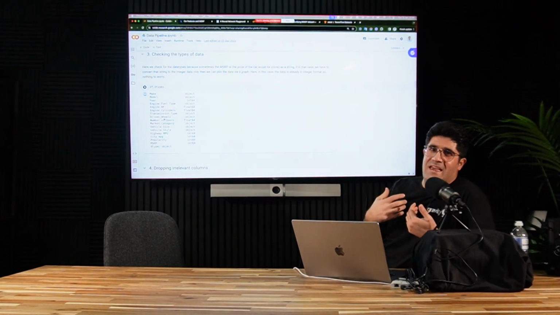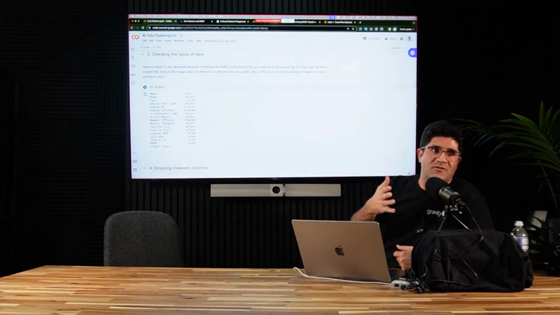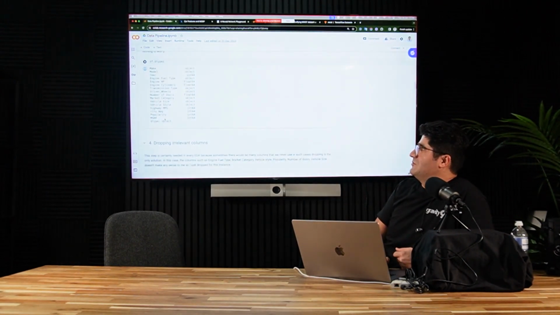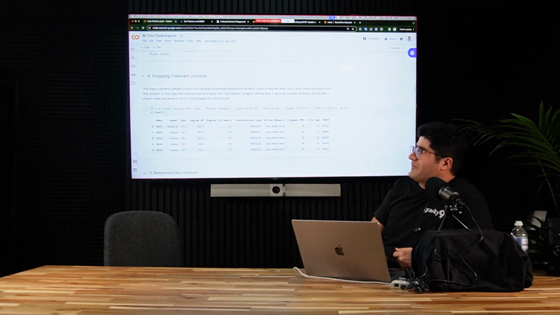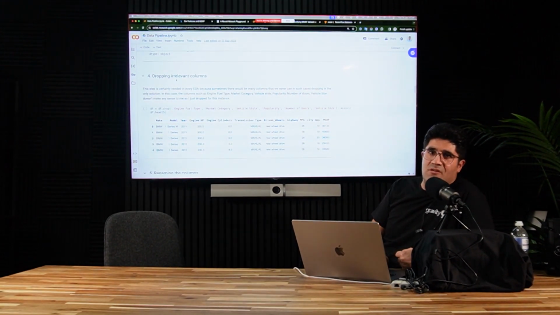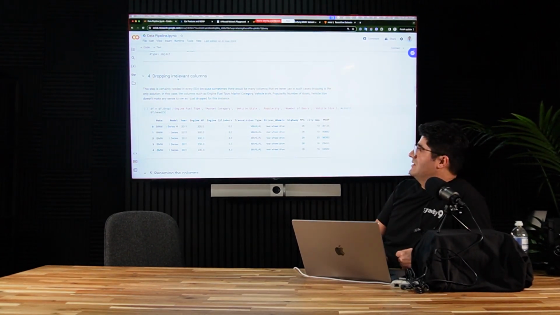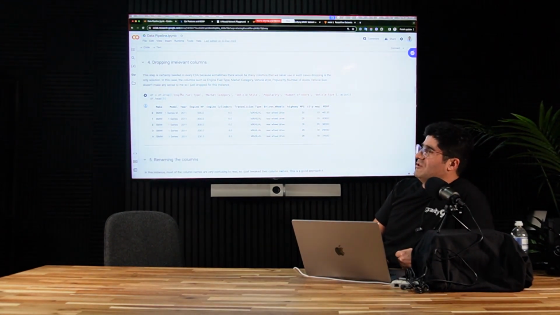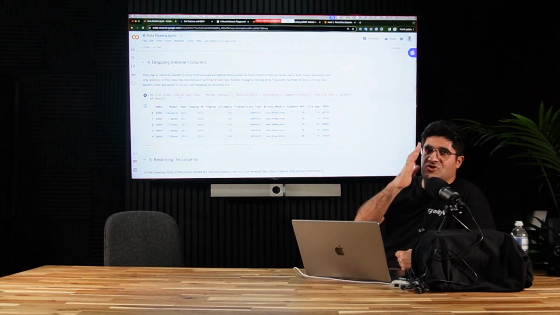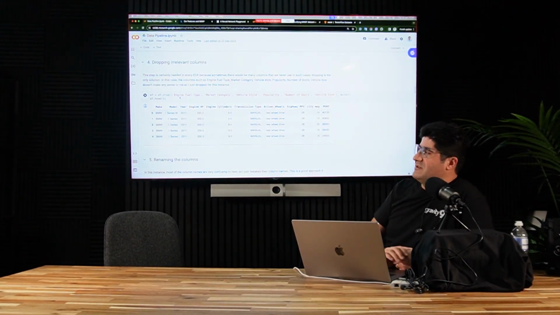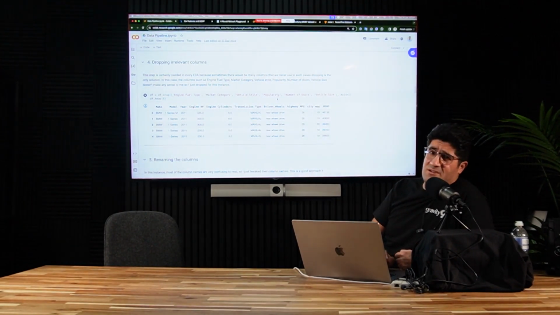In our area, we try to check the types of those columns, for example. Then we can drop some of the irrelevant information that doesn't impact the price of a car. For example, some of those columns don't have any impact on the prediction of a car price: engine fuel type, market category, vehicle style, popularity, and so on.